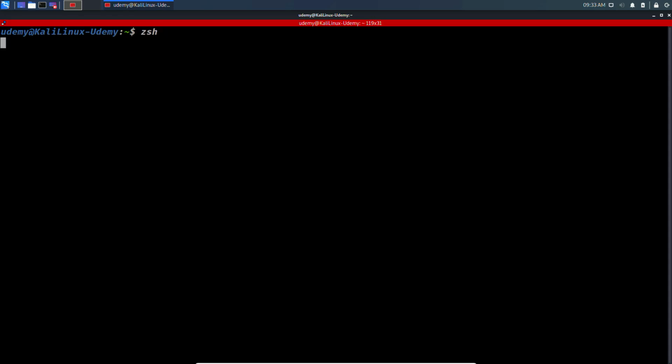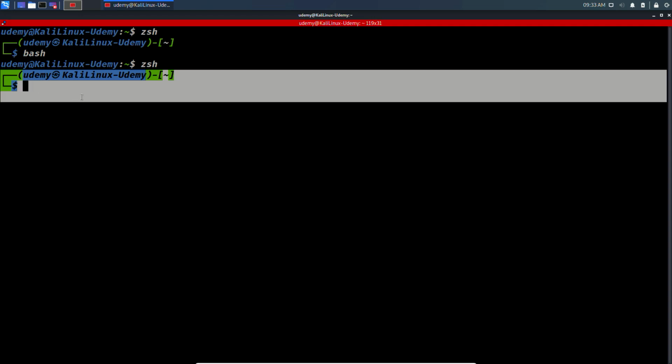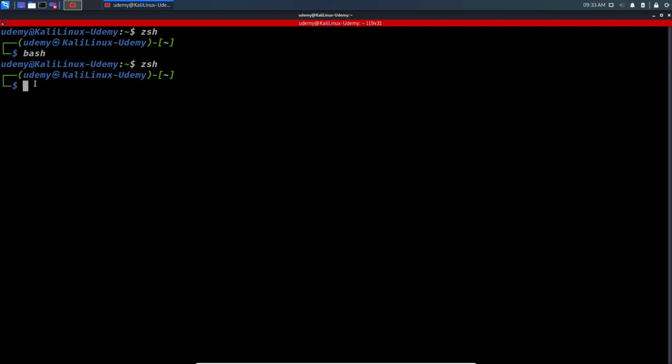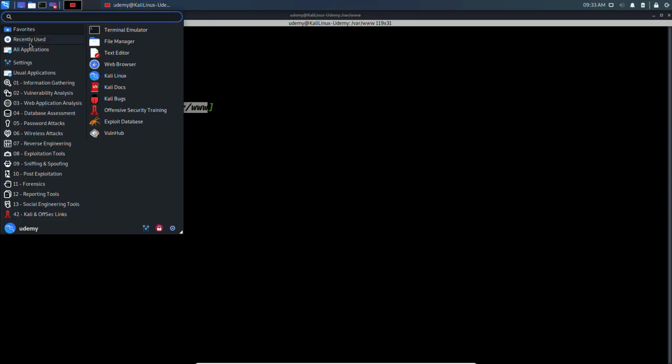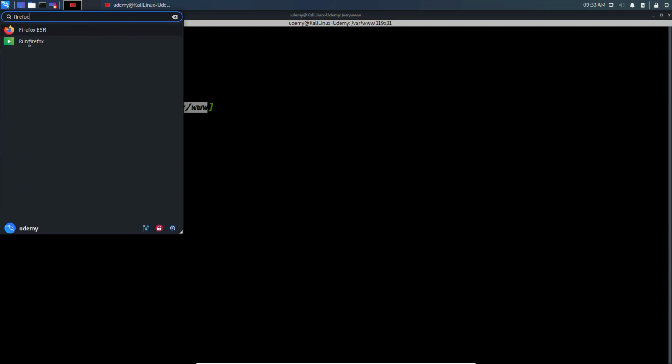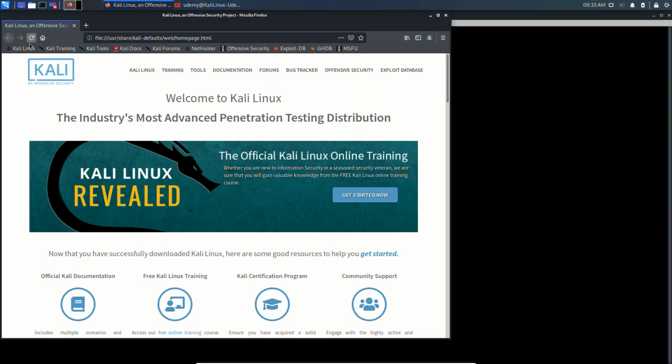If I call ZSH right now, this was bash, our previous environment, and this is ZSH. You see, the style is really hacky. You can continue on the next line, and you have some information here, which is your user, the host name, and the path that you are in. For example, if I go in var it will show me this. So these are some features of ZSH, but if we want to have them all or most of them, just click here and go into Firefox and search for